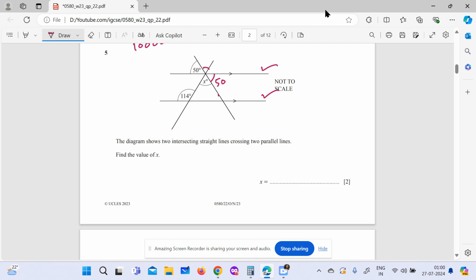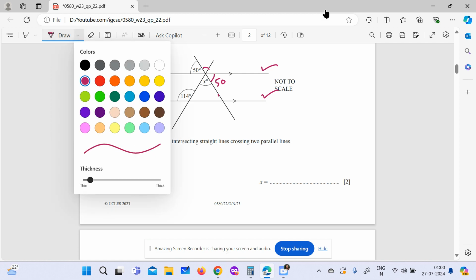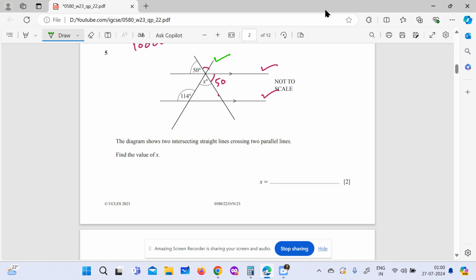Then if this is 50, you see that this one is a transversal line, like this. And then here you have angle 114, and we can see that here also we have